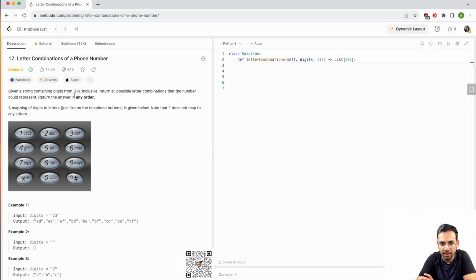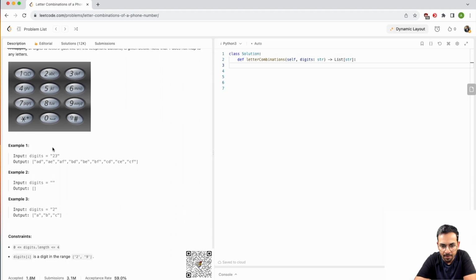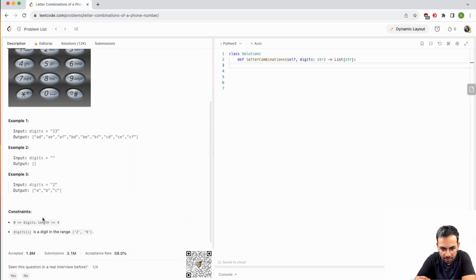So anyway, they have said it's from 2 to 9 inclusive. Say the digits are 2 and 3, so 23. Then each of these digits is going to map to letters. Similarly, if there are no digits, then we would return empty, and if there is only one digit inside the digits string, then we would just return that. What are the constraints? The digits length could go from 0 to 4, and each digit is in between